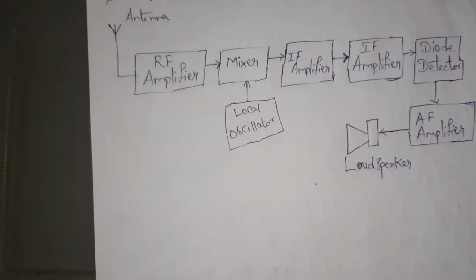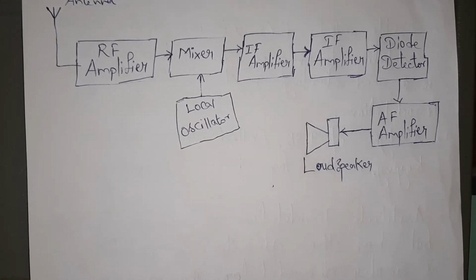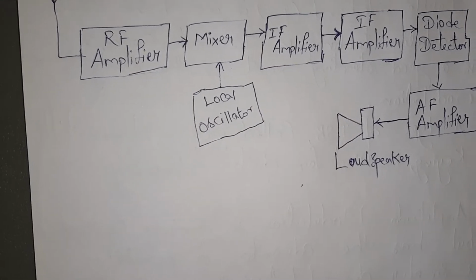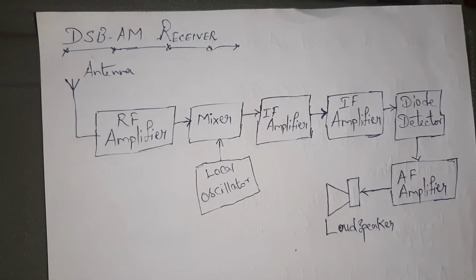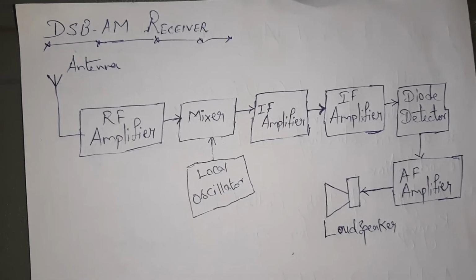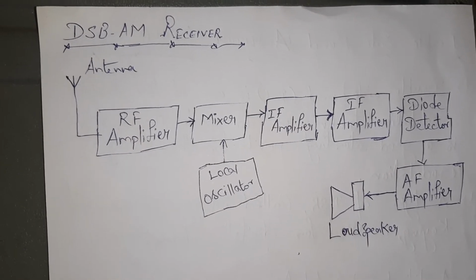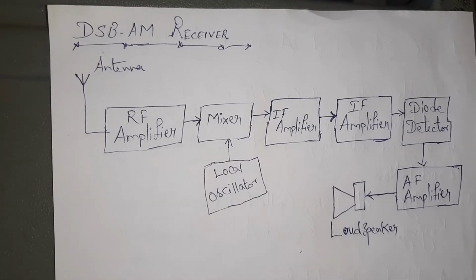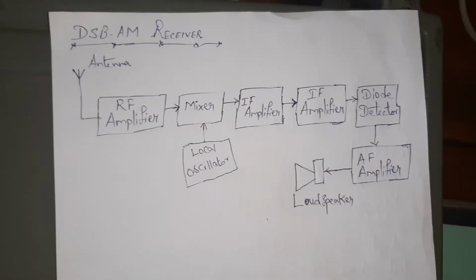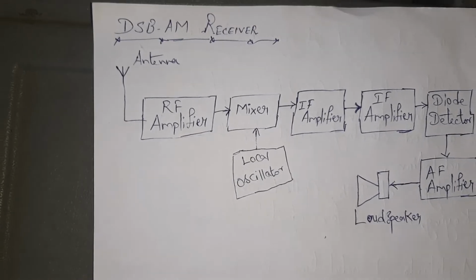Here you can observe the mixer combining two signals to produce such components; this is called the heterodyne process. When this is carried out, the frequencies which are above the audio spectrum are called supersonic frequencies. This type of receiver is called a superheterodyne receiver. Once again, I will tell you the concept of heterodyne, the concept of supersonic, and the concept of superheterodyne.